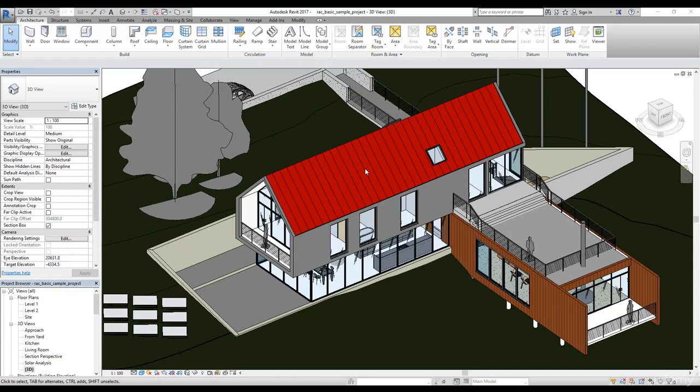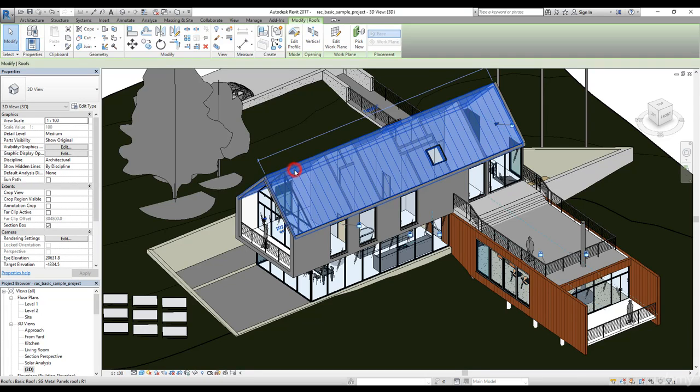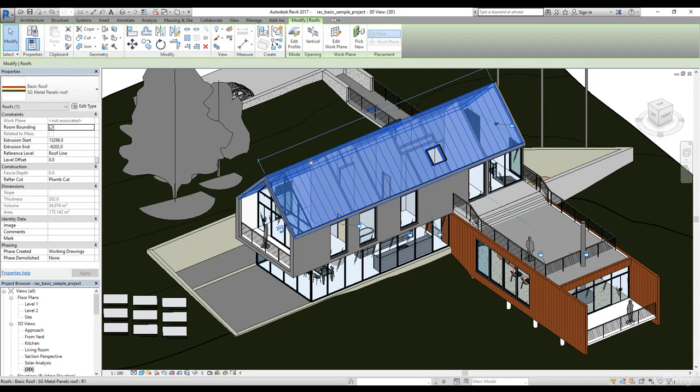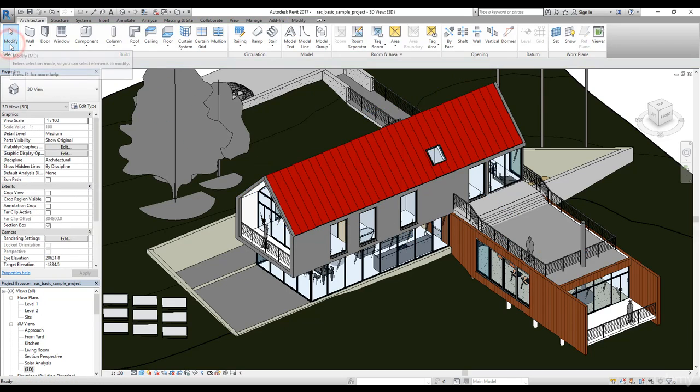First, let's look at how we select an object in Revit. We'll talk about selection in detail. We have a separate video for selection, but I want to quickly show you how you select any object. If I take my cursor next to the roof, you can see that it highlights that object. If I click here now, it will select the roof. Now we know how to select. To get out of the selection or any command, you can simply click on the modify command or press escape